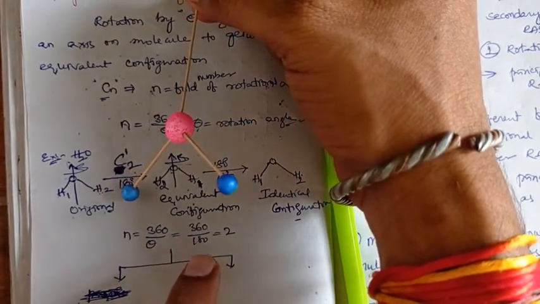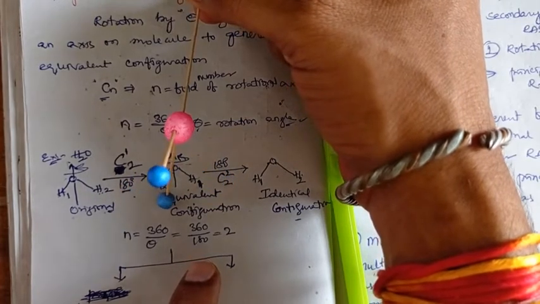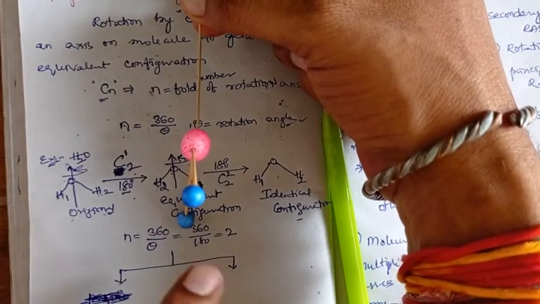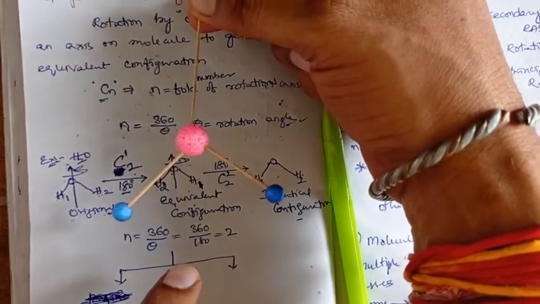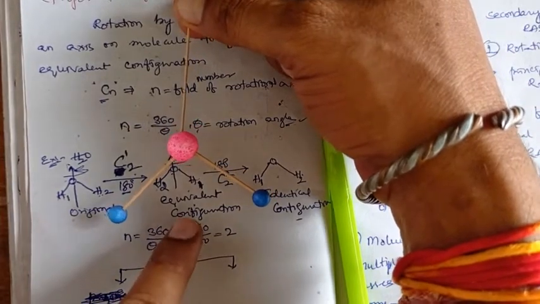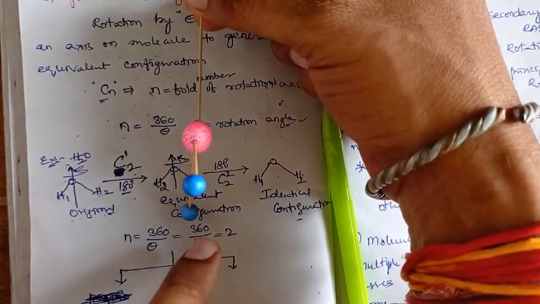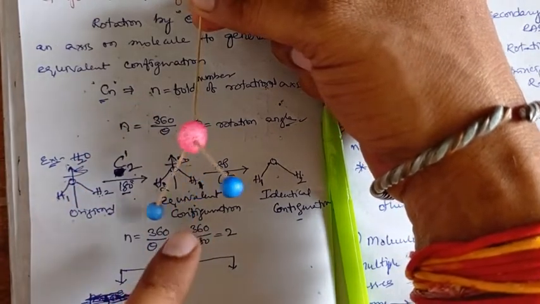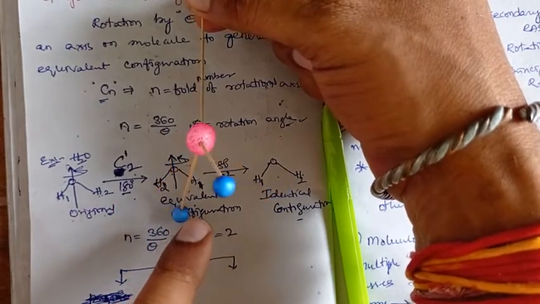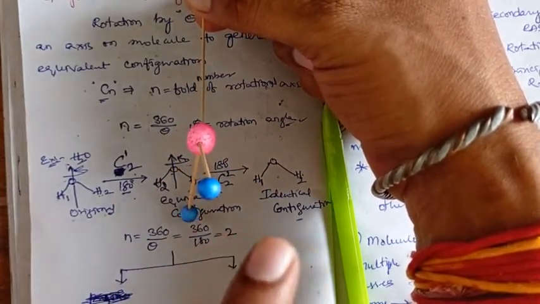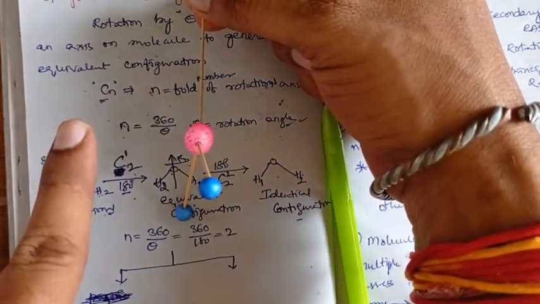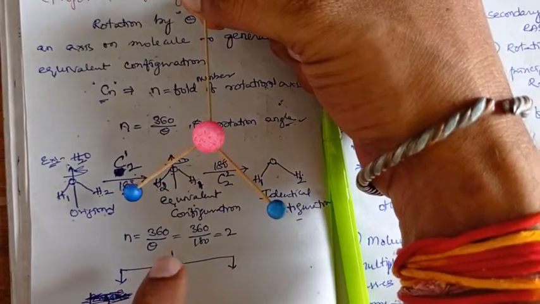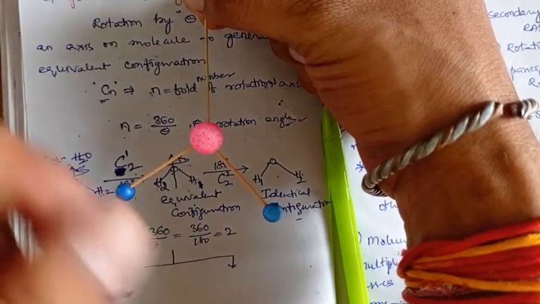Doing 60 degrees also never gives an equivalent configuration. In 90 degrees, you can observe exactly how the hydrogen atoms move. Before the 90 degree rotation, this is the molecule. If you do a 90 degree rotation, this is the molecule we get, where the oxygen position is not changed, but the planar hydrogens become non-planar, one going below and the other going above. That is never an equivalent configuration, isn't it? So like that, doing 120, 150, 180, only when it reaches 180 does it get an equivalent configuration.